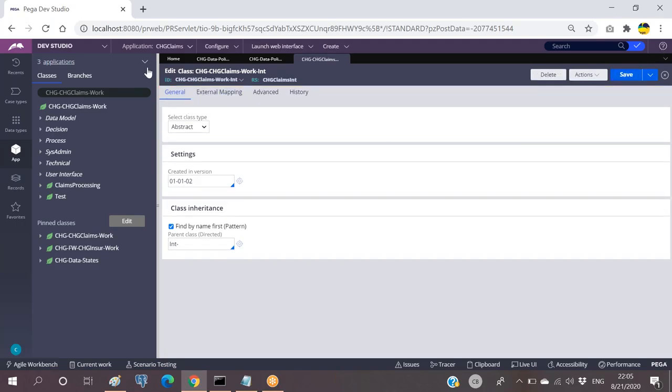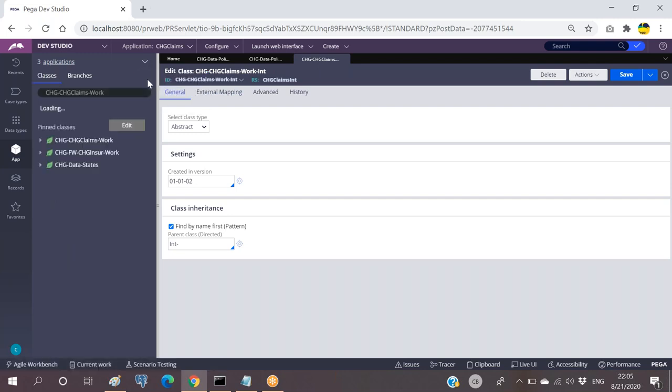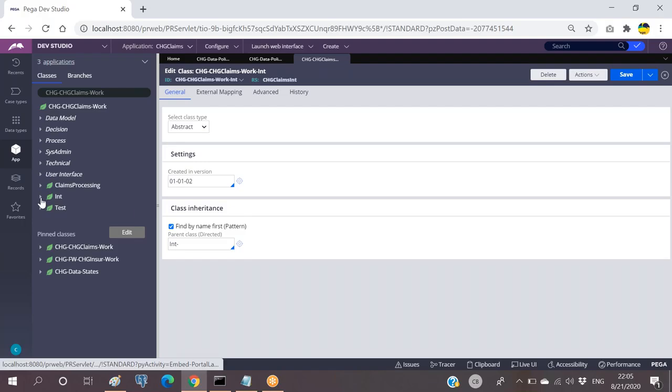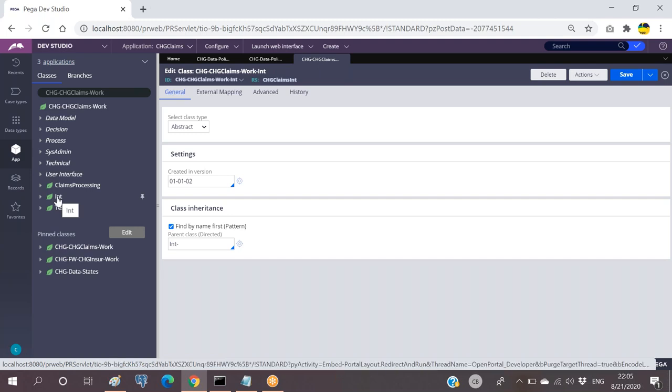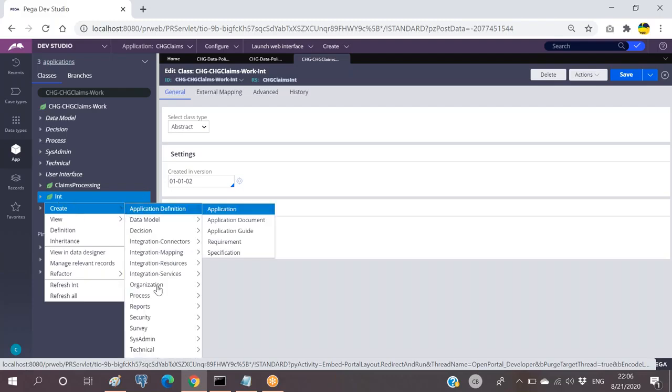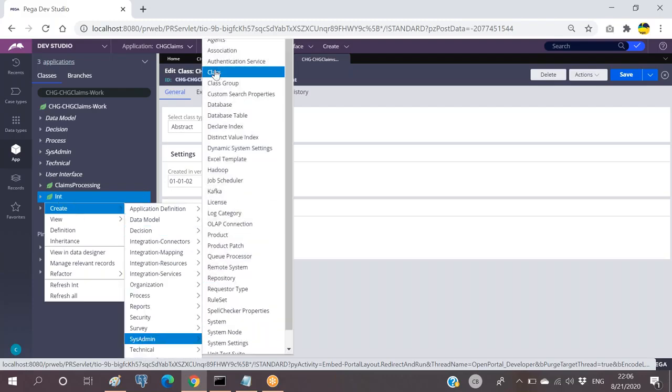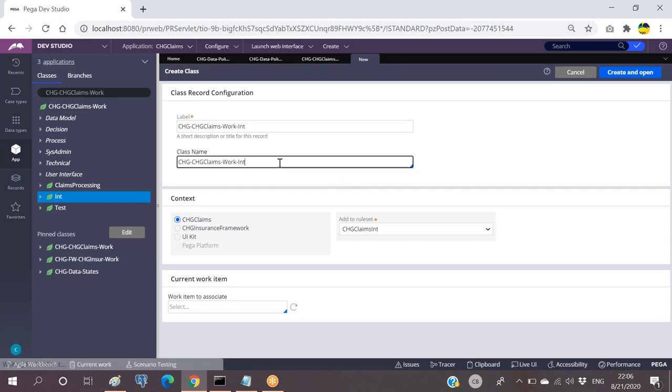Okay, so I have created one integration class. Let me refresh this. Now I want to create one service related class on top of this implementation class. So let me create one service related class on top of this. I'll give it something like policy